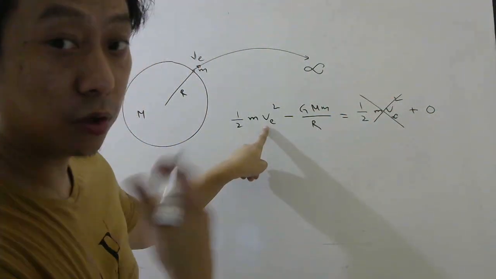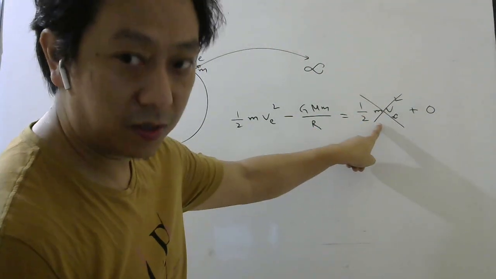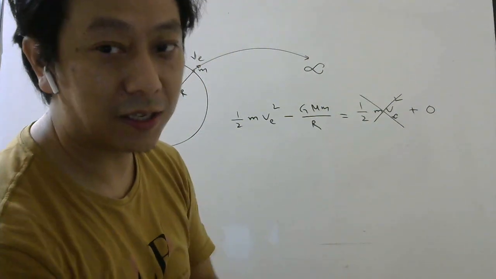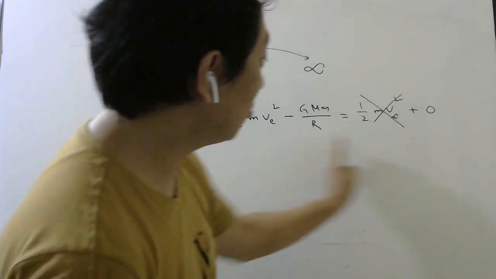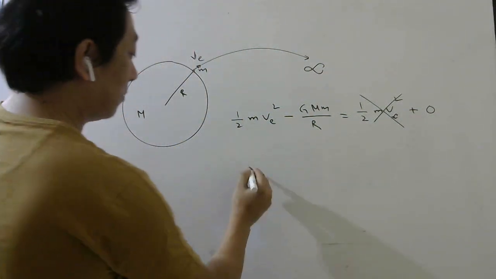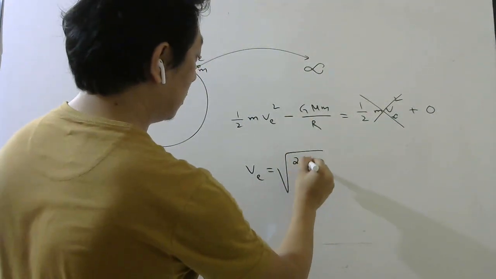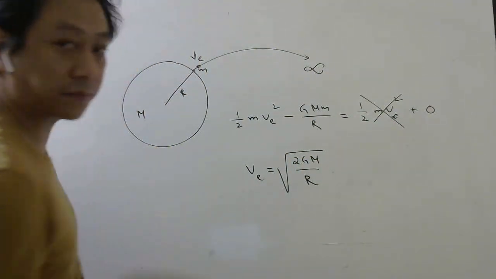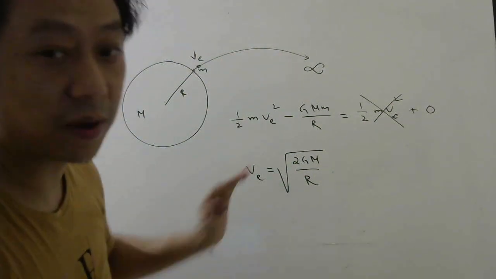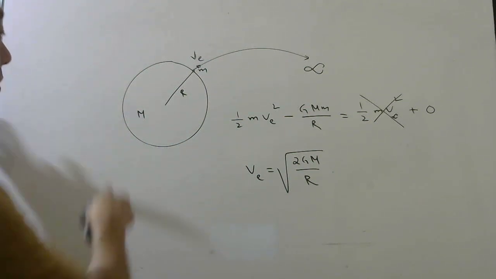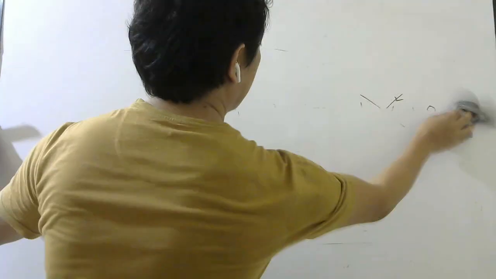If you give velocity more than escape velocity, then after reaching infinity it will still have some kinetic energy. If you want to calculate that velocity at infinity or kinetic energy at infinity, then use this formula. But if you want the minimum escape velocity, then you can take this one, that side, and solve. You will get root over 2GM by r. Okay, so keep that in your mind. That much escape velocity you should have. So when a satellite, a body is thrown with that velocity from the surface of Earth, it will escape.